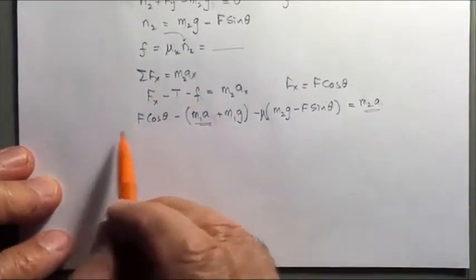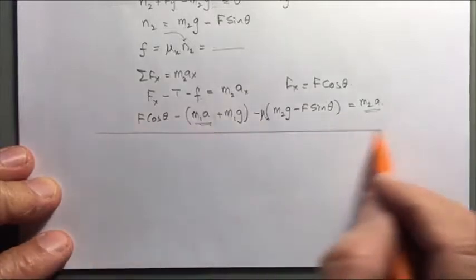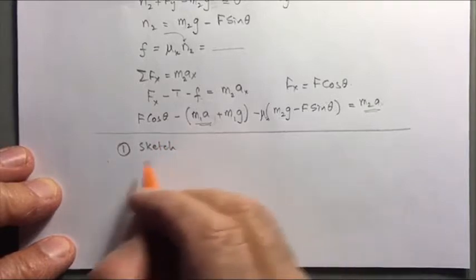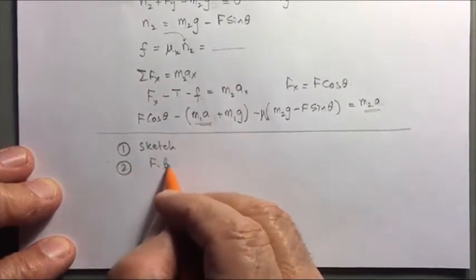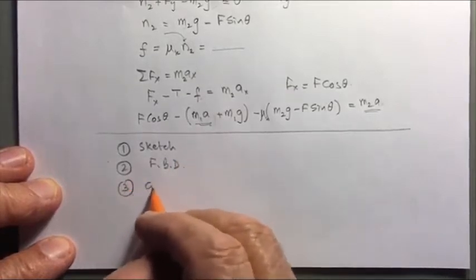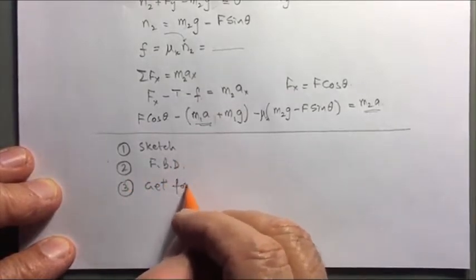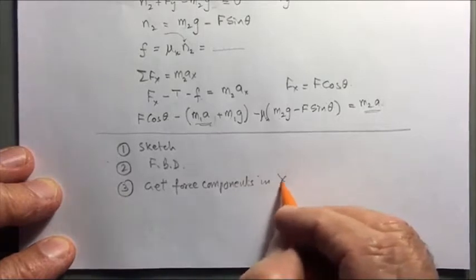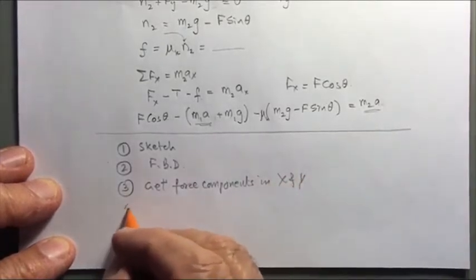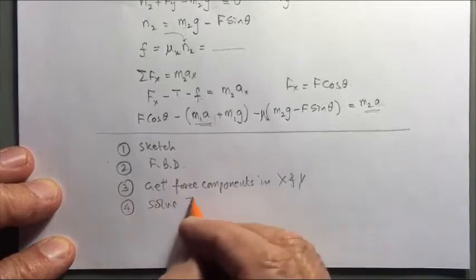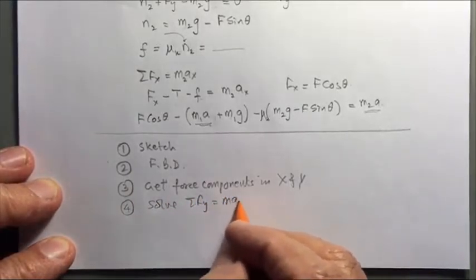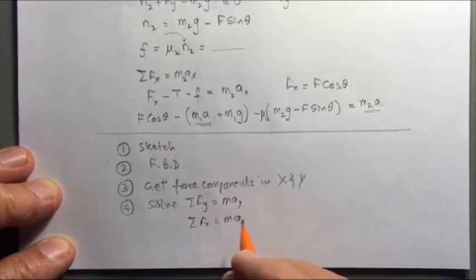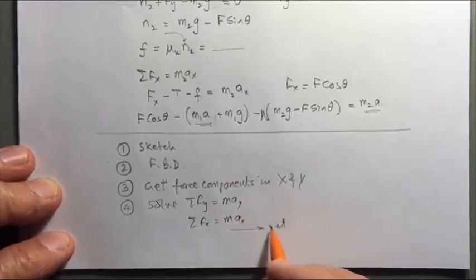So to summarize the whole thing, let's just say that first make a diagram, a sketch of the problem, and then make a free body diagram, and then get force components if needed in x and y directions, and then solve the sum of forces in the y direction equals may, and sum of forces in the x direction equals max, and then get the required answer